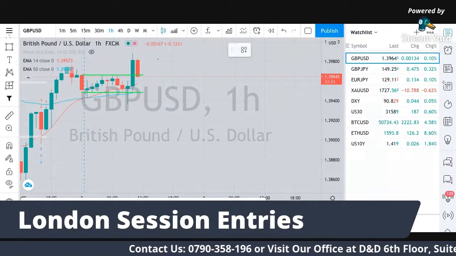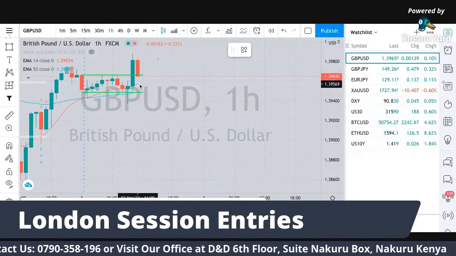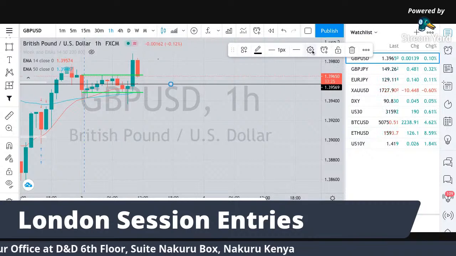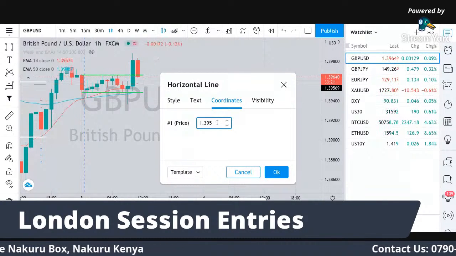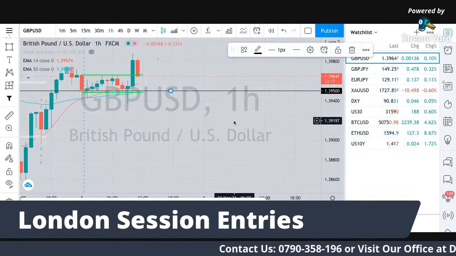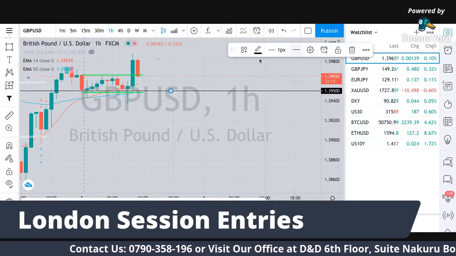At the institutional level, you're sniping the entries. So you have 139.5, that is the institutional level. The next one is